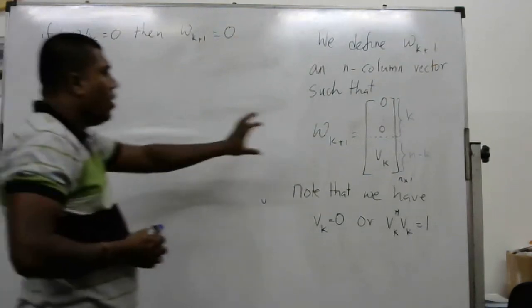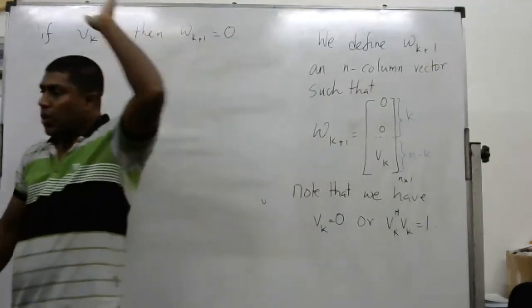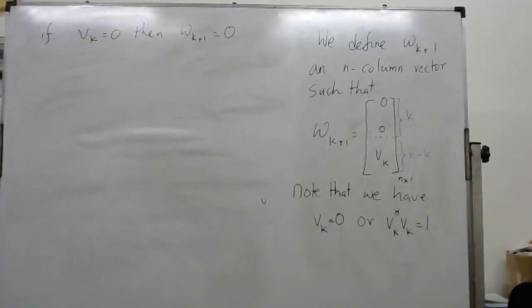If this is 0, already the top part is 0, so everything is 0. So that's fine. Otherwise,